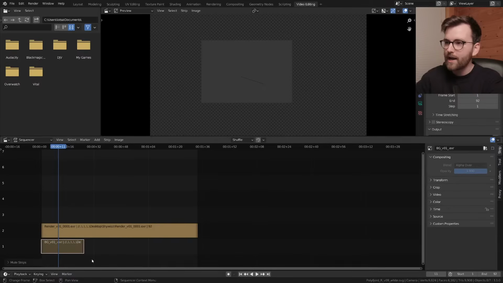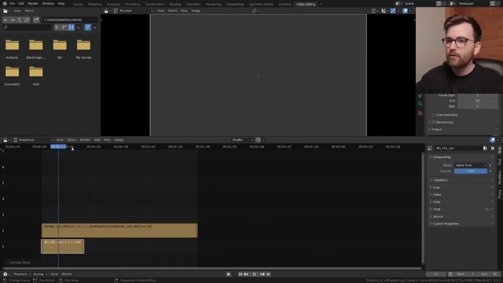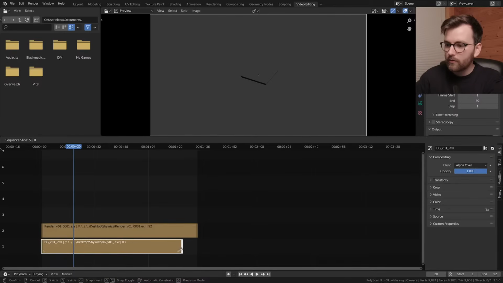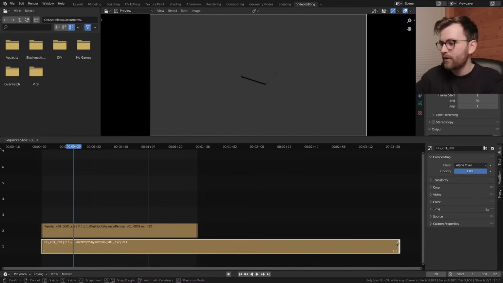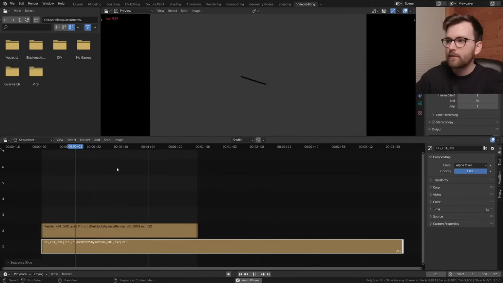If you press H, you can hide the background. You can see this is transparent, and then you can press, I think it's Alt H. Yeah, so now you can see that this works. So to extend the background, you can just select this bar right here, the end, and press G, and then you can hold down Control, so it will snap to the end. But that doesn't really matter, you can just make it as long as you want. So now when you press play,